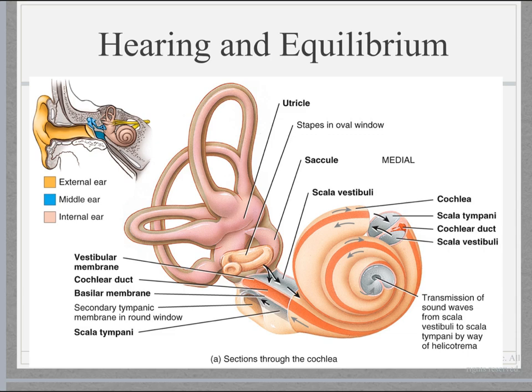as they travel through the perilymph-filled scala vestibuli and scala tympani. Now the two scalas communicate with each other through an opening at the apex of the cochlea. So where is that opening? Right here. That opening is called the helicotrema. Now that opening is going to allow for the wave motion to transmit the endolymph inside, right here, the cochlear